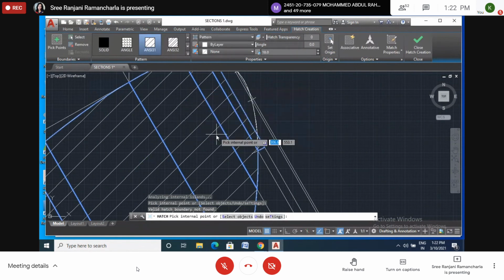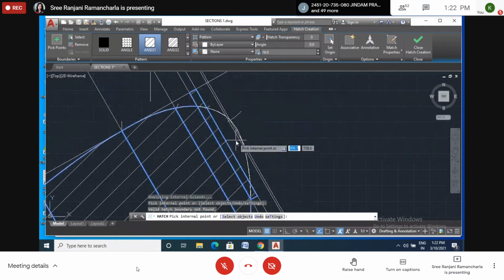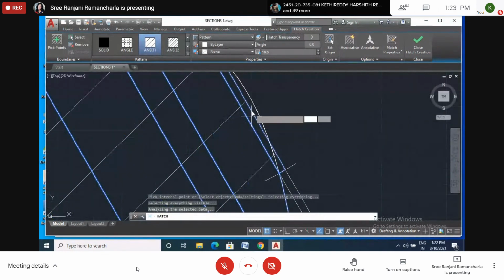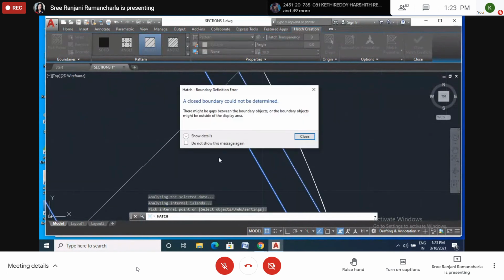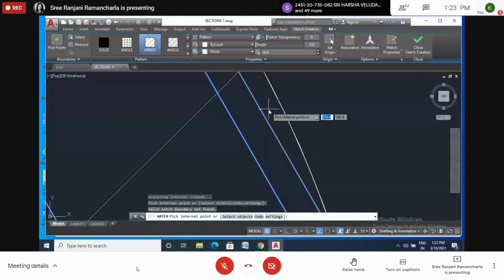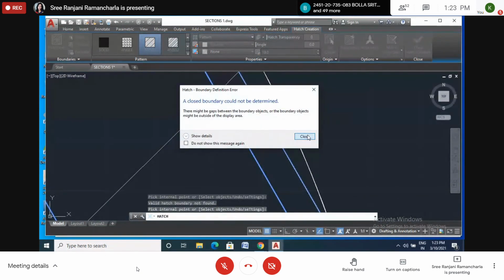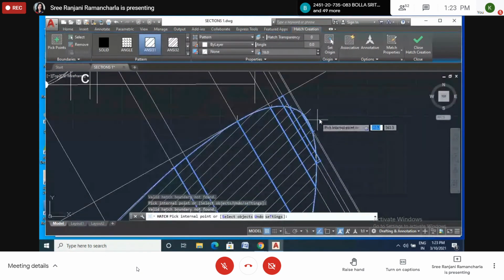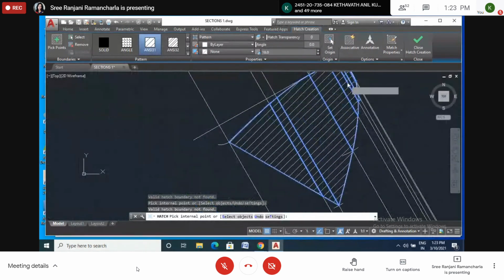It says it is not closed somewhere. Okay, don't bother about it. Now we got the hatch.